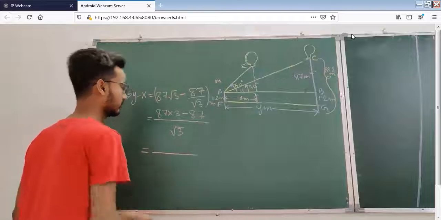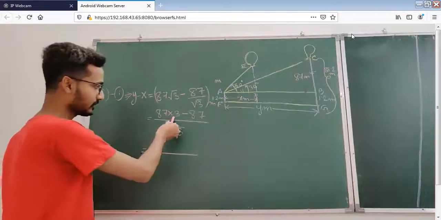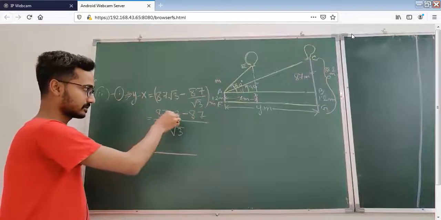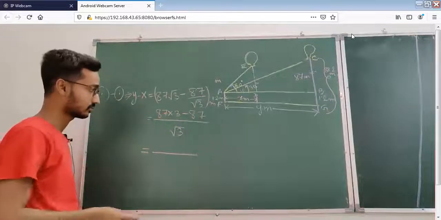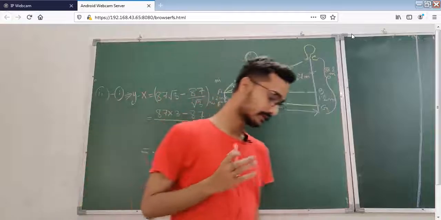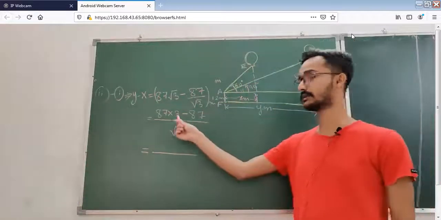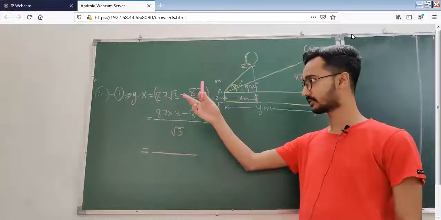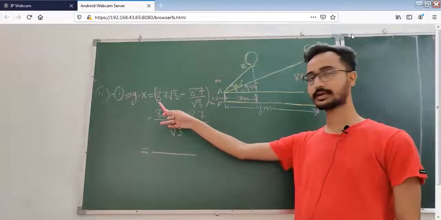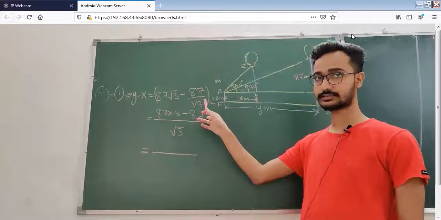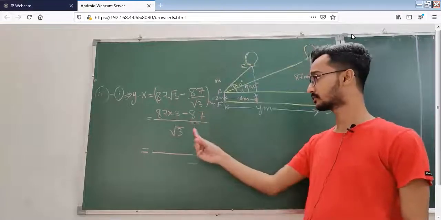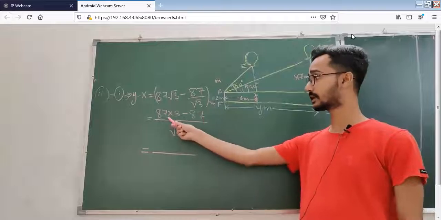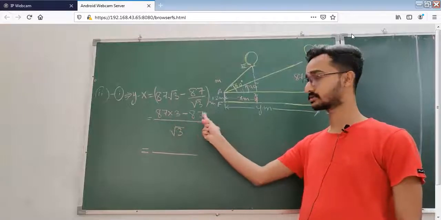do the mistake here. Now see, if you multiply 87 into 3, then you can subtract 87 from this result, but it will take a little bit of time. The best way is, if you take 87 common, then it will be easy for you. You can also find it by the previous method, first multiplying 87 into 3 and then subtracting 87, but it will take more time. To save time, 87 is present here also, and 87 is present here also.